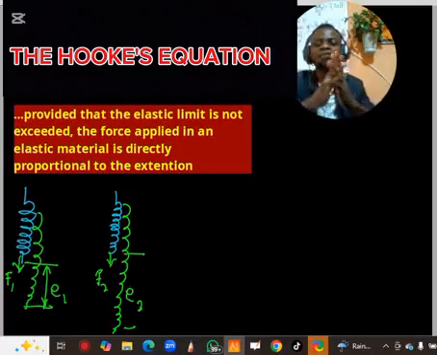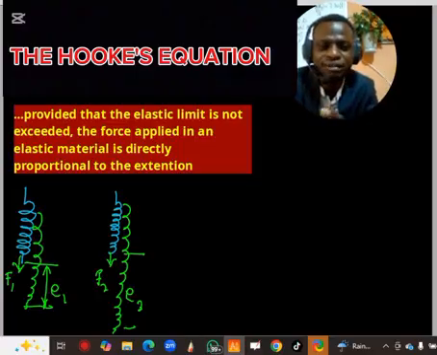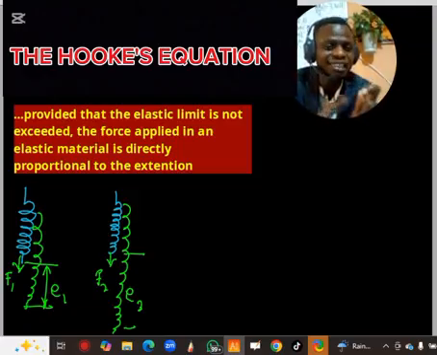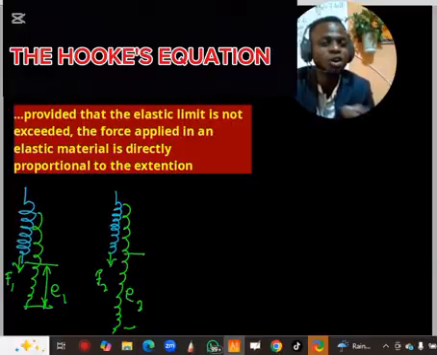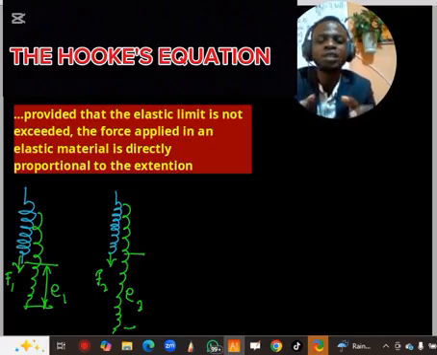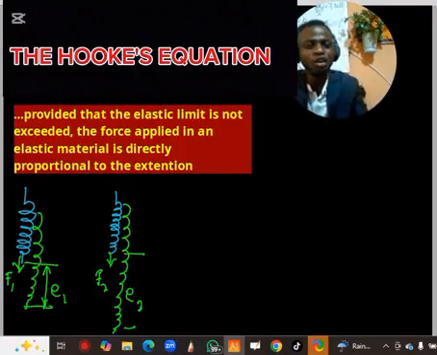So the force applied is proportional to the extension made, in as much as the elastic limit of that material is not exceeded. And of course, if it's exceeded, the law no longer holds, because the material may end up snapping or breaking. But in as much as the material is still within its elastic limits, the force applied is proportional to the